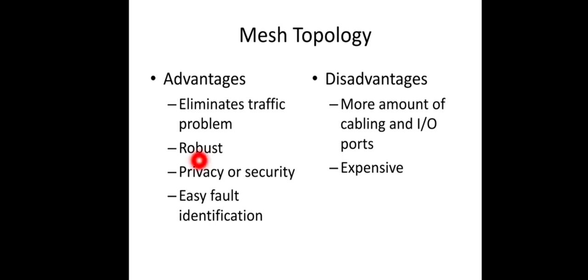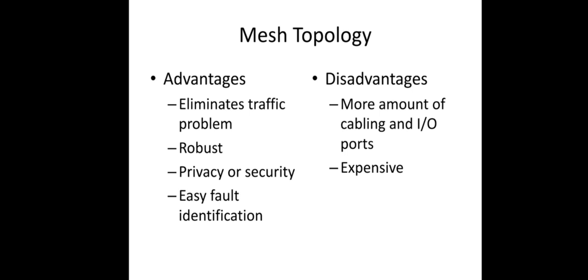And the third one is privacy or security. Since every message travels along a dedicated line, only the intended recipient sees it. So no other device sees a message, and physical boundaries prevent other users from gaining access to this message. Finally, there's the point-to-point connection, which makes fault identification and fault isolation easy. Traffic can be routed to avoid a link with suspected problems. So this facility enables the network manager to discover the precise location of the fault and aids in finding its cause